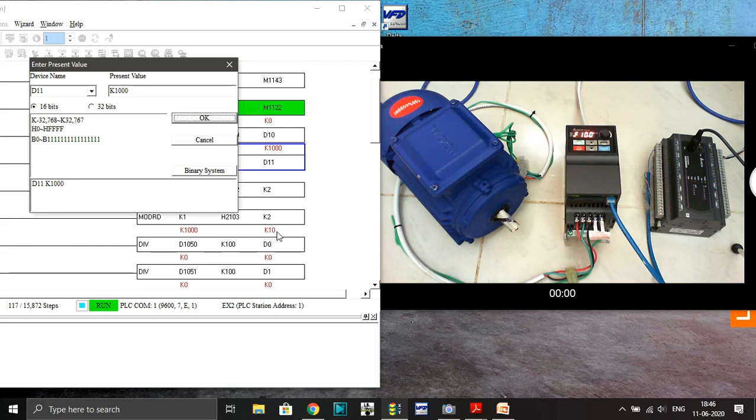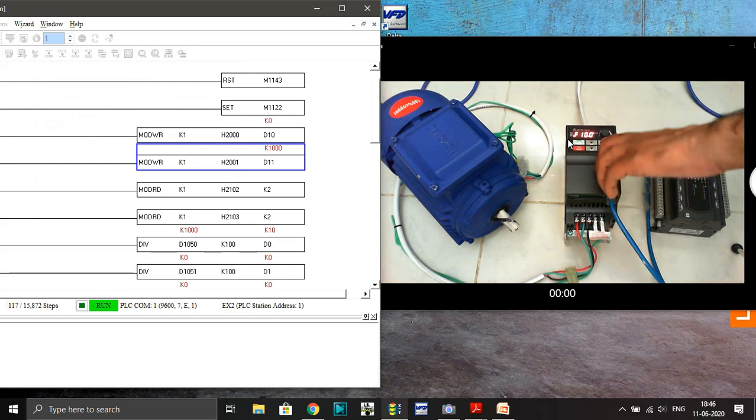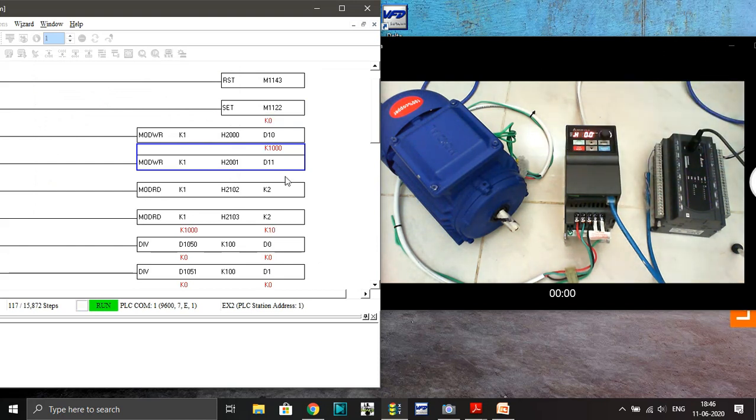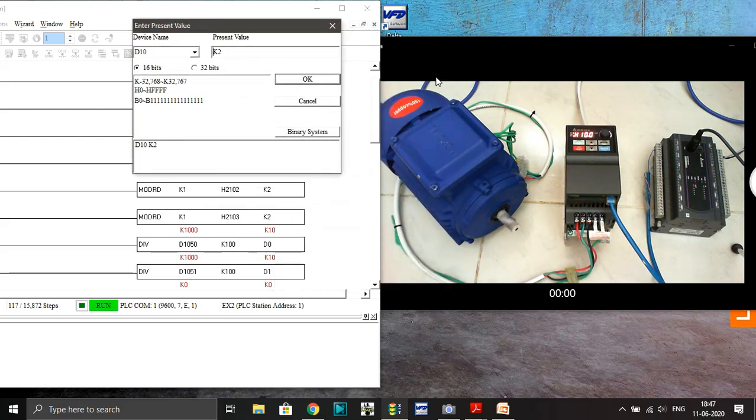See, this is the commanded frequency, and here you can see the command frequency. I will give a run command. When I give the run command, this will change, and the output frequency here will also change and show you the actual output frequency. This is K2 for the start. See, this changed, and this one also changed up to 10.